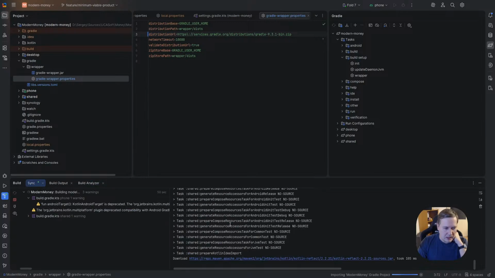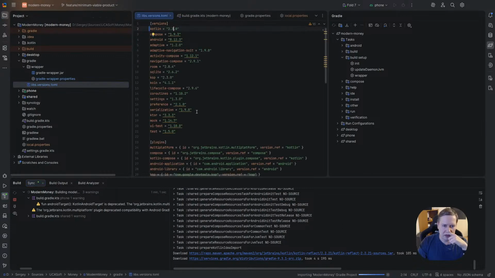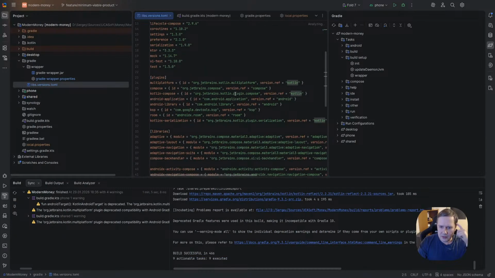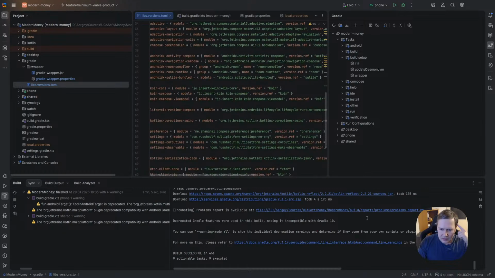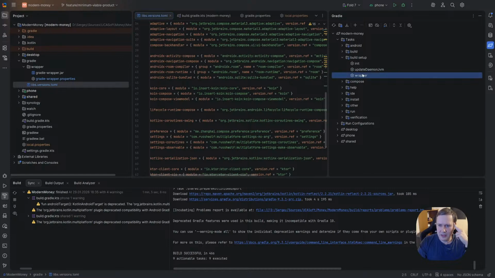Okay, it downloads some Kotlin reflection library. Kotlin should be used in the serialization plugin. Okay, I guess it's not our dependency.